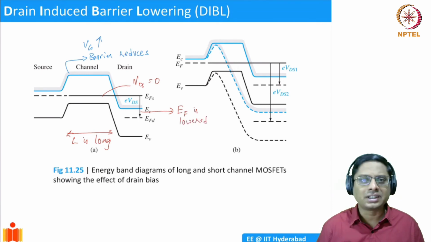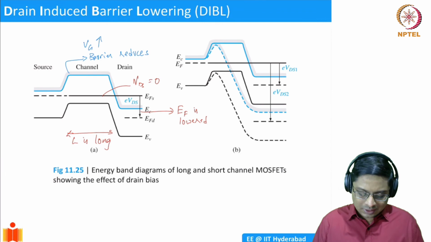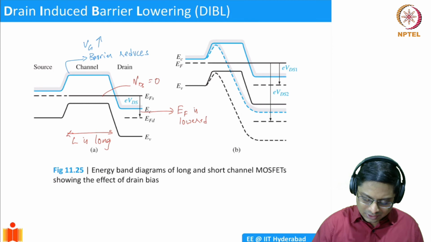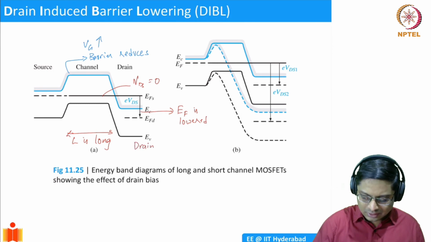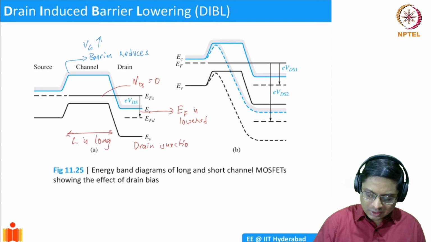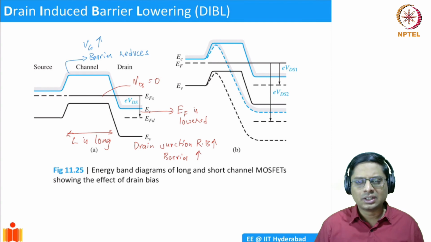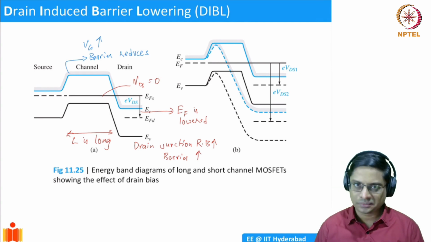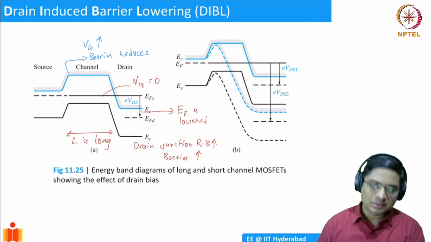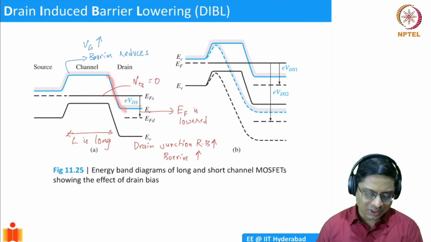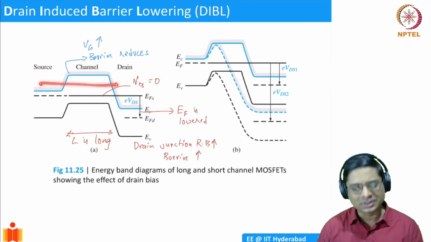We have discussed this as well when we were drawing the band diagrams. And this is actually essentially reverse biasing. If you are increasing the VDS, your drain junction reverse bias is increasing. Reverse bias increases, that means the barrier height increases, right? But it doesn't really influence your current much, because current is dependent on two barriers. One is the source barrier, one is the drain barrier. The drain barrier is increasing, but that shouldn't affect your source barrier. So you still have a similar current.